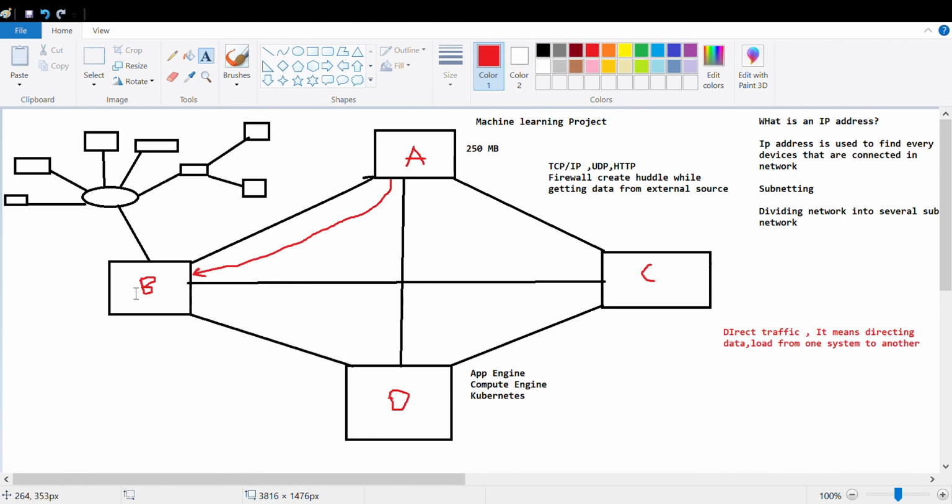When a single node is connected to several other nodes, there is a greater chance for the network to share the load across these devices, so the load will be reduced. This is called subnetting, and directing the traffic means directing the load data of a particular system to another. Hope it is clear what a virtual private cloud is.